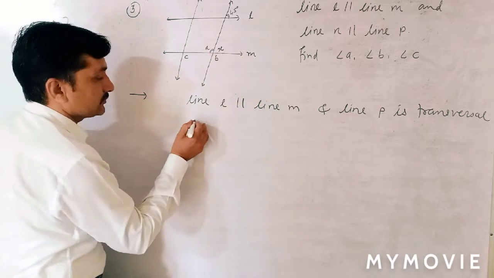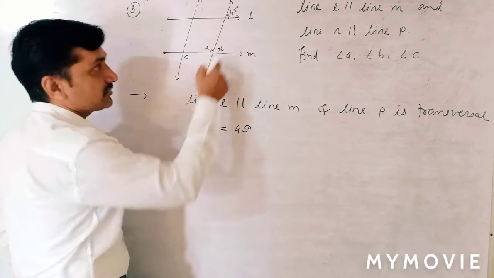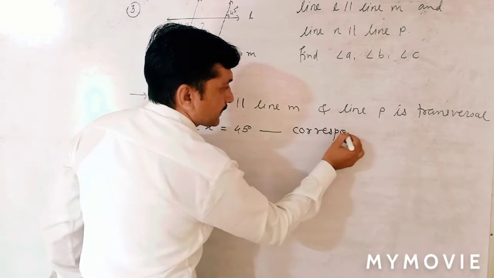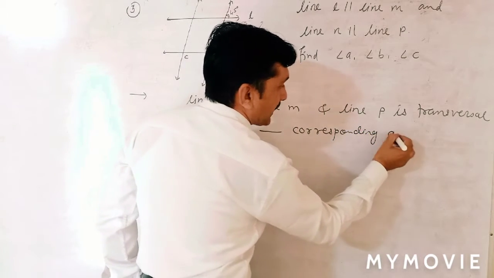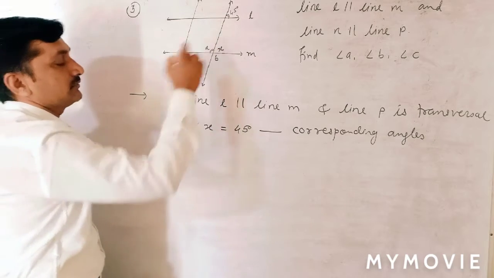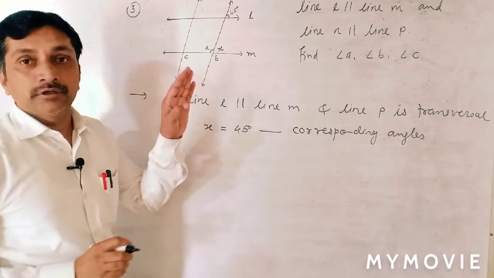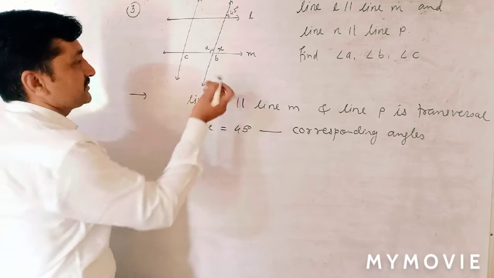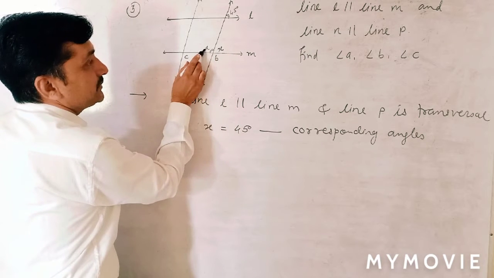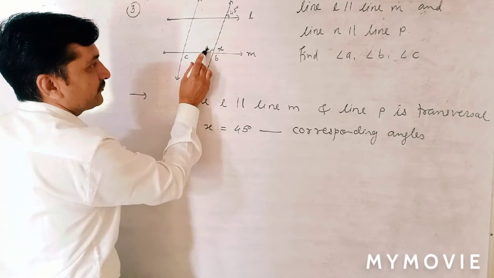Now start from here: angle x is equal to 45 degrees. We considered x here, this is a corresponding angle. Corresponding angles are congruent or of equal measure. That's why x is equal to 45. Okay, only x I take. Now take the relation with x. Now it is easy. x and B, x and A here. You can take this also, but find A first.